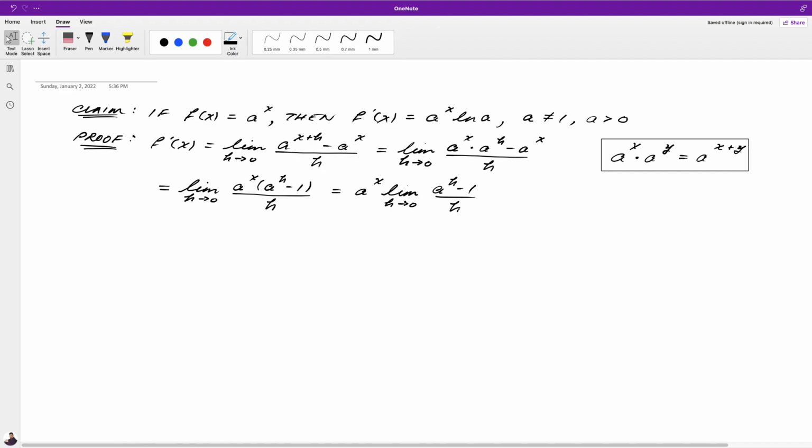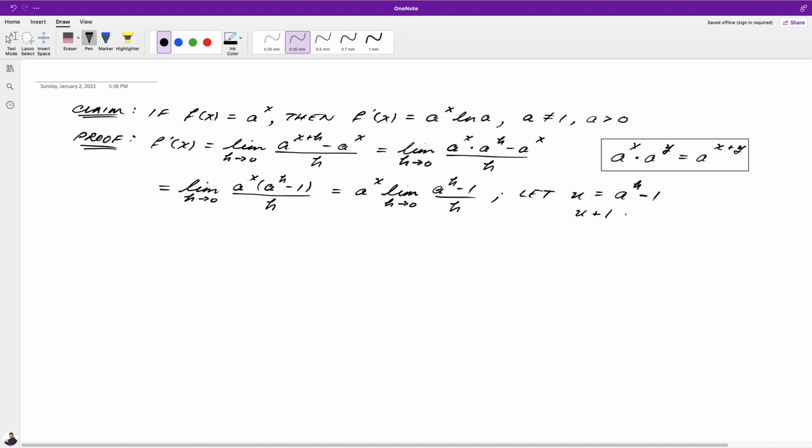So what we ultimately want is, because we have an a to the x here, we want all of this to be equal to the natural log of a. So what I'm going to do is use a substitution here. We're going to let u equal a to the h minus 1. If u is equal to a to the h minus 1, that means that